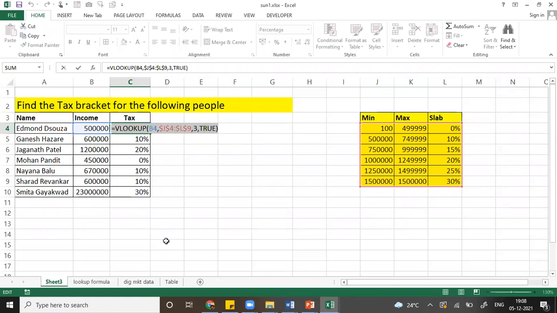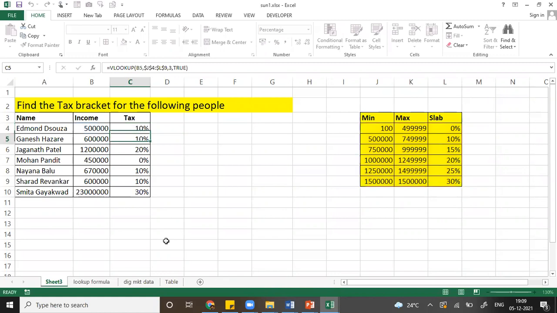From there, I wanted to pick the third column value, because in this particular case I wanted the third. It can be third, fourth, or 10th, whichever column you want to refer to. In this case, I have taken an approximate value because I have minimum and maximum.